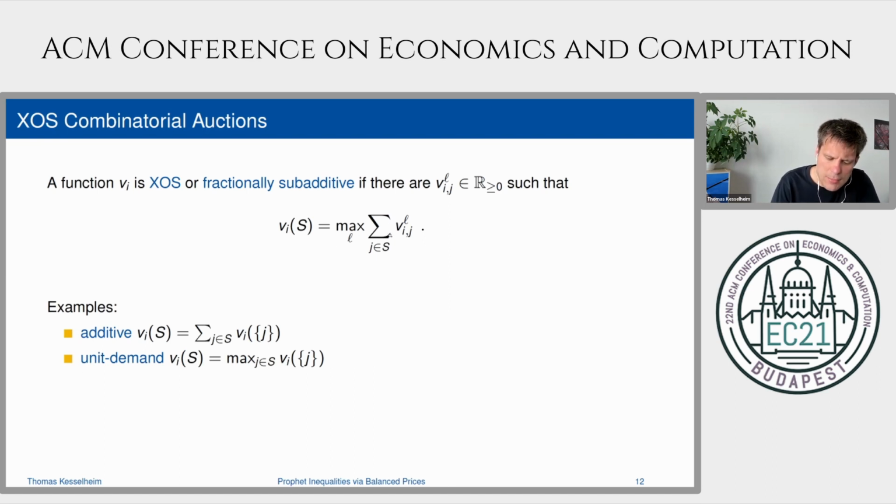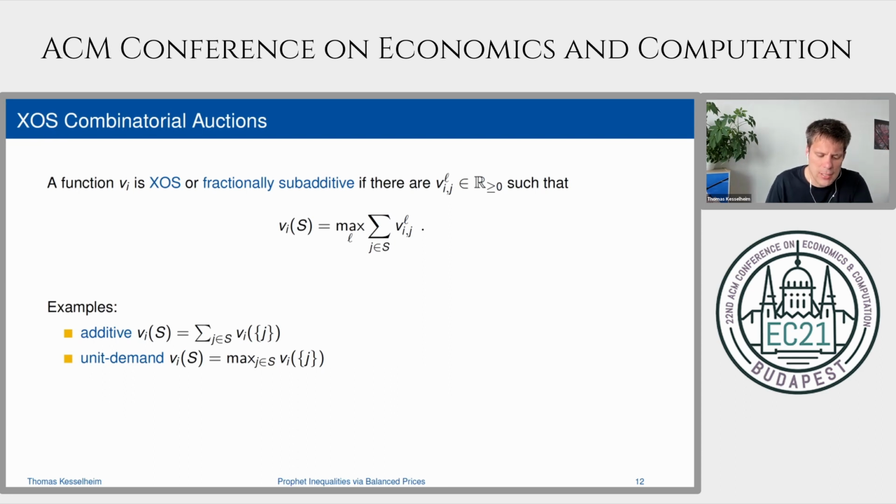How would you capture this? You would have now, for a fixed l, all of these v_ij be 0 except for one of them. And so what you actually only make use of is this maximum and not so much that sum, because there's only one item which contributes to this value. Now, if you look at these unit demand functions, you will realize that under such a setting, it makes no sense to assign more than one item to a buyer because all that counts is the most valuable of the items. And actually, this combinatorial auction setting is nothing but the